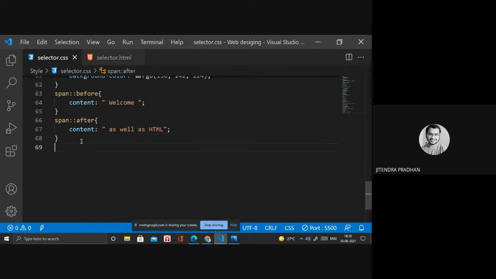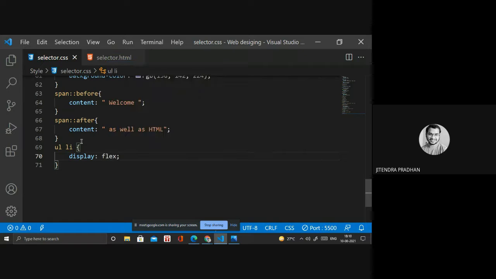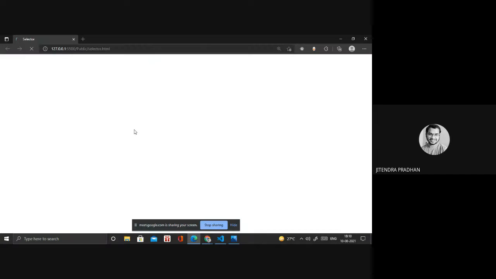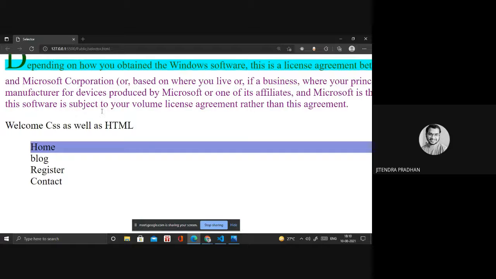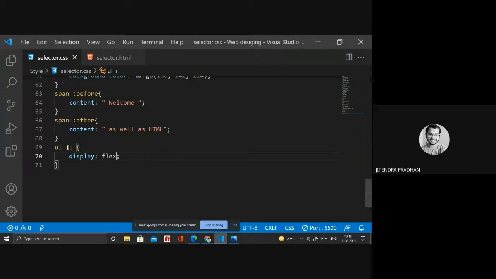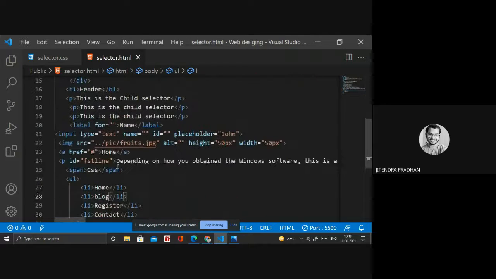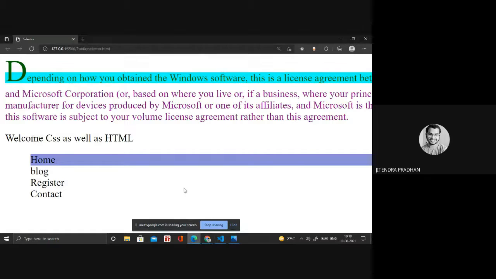I will do one thing: ul and li, and in that I need display flex. It's not affected. Wait, I was already using li before, no. Okay, then why is it applying that home color?